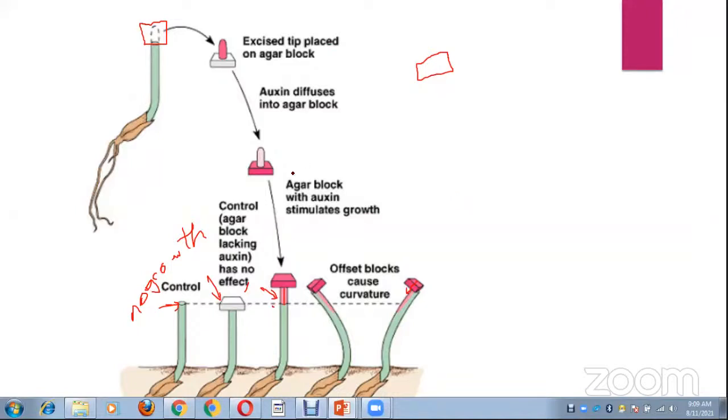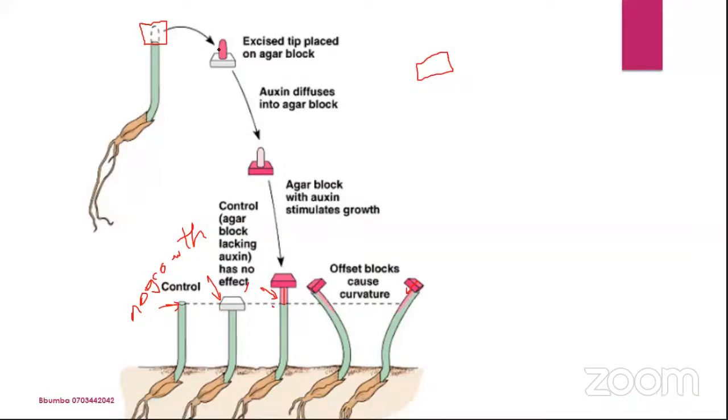So I was still explaining to you this experiment that had been done a long time ago to show that actually the shoot tip has something that makes these plants, or the seedlings, grow. And the first thing to be done was to cut off that upper tip, the uppermost part of the seedling. When they cut it off, growth stopped. The seedling stopped growing and